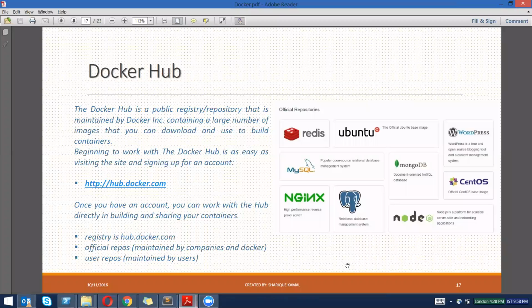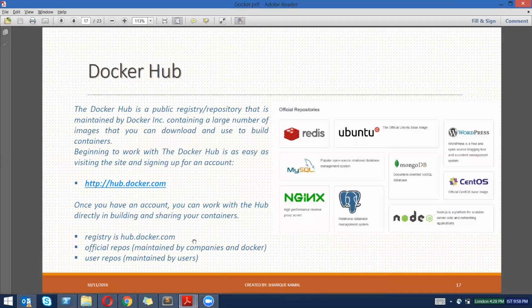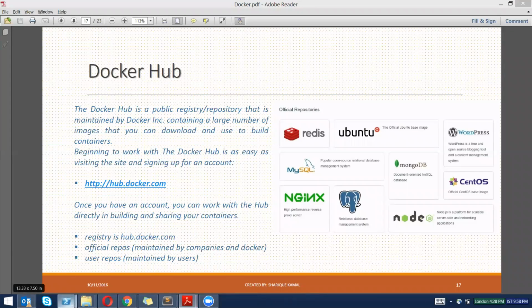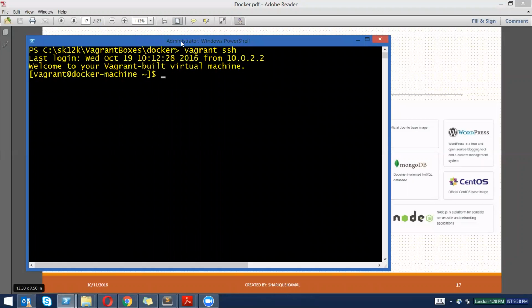This is how you work with Docker Hub. Once you have an account, you can work with the Hub directly, building and sharing your container. What happens is you can see the registry, right? This is known as the Docker registry. You have all the images saved on the cloud, which you can download as per your wish, right? So I think yes, Docker is running for us,